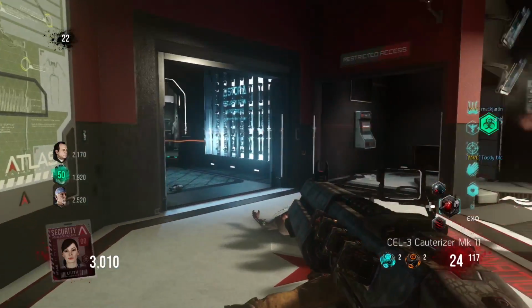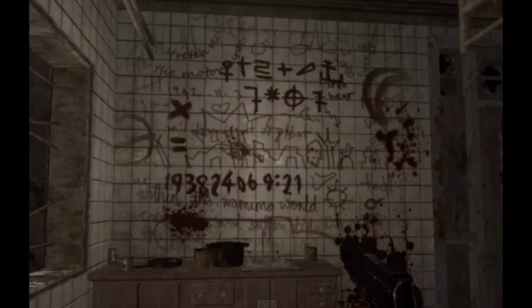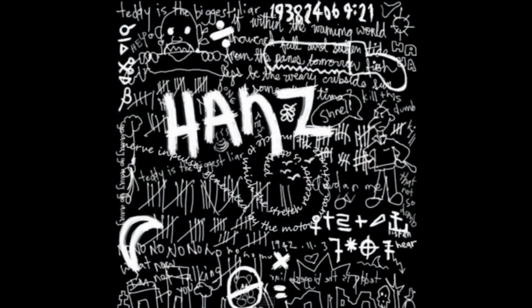So I'll put the original picture on the screen now of some of the actual symbols that can be found on the map. And then when I'm actually talking about the symbols, I'll be looking at an image that a fan has redrawn, just to show them a bit more clearly. So the first one we have at the top is a date. On the wall you'll see the numbers